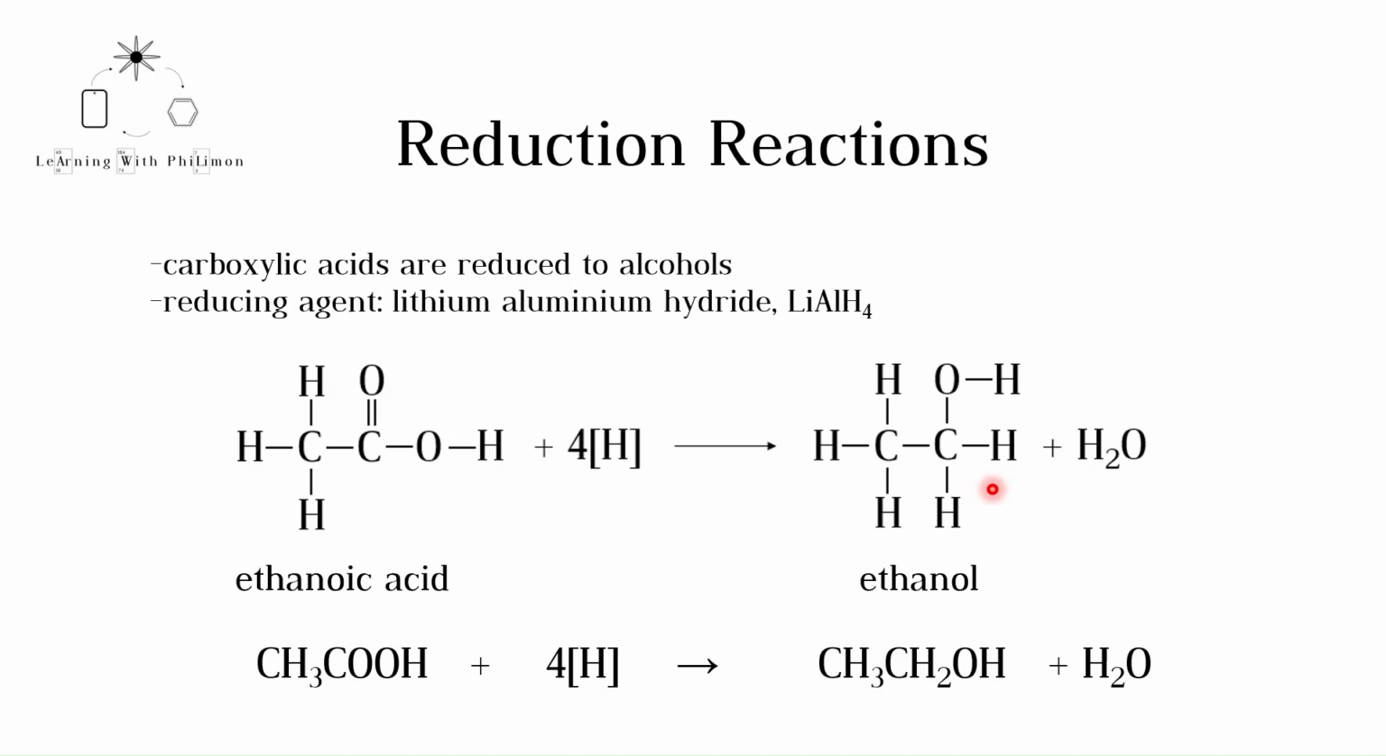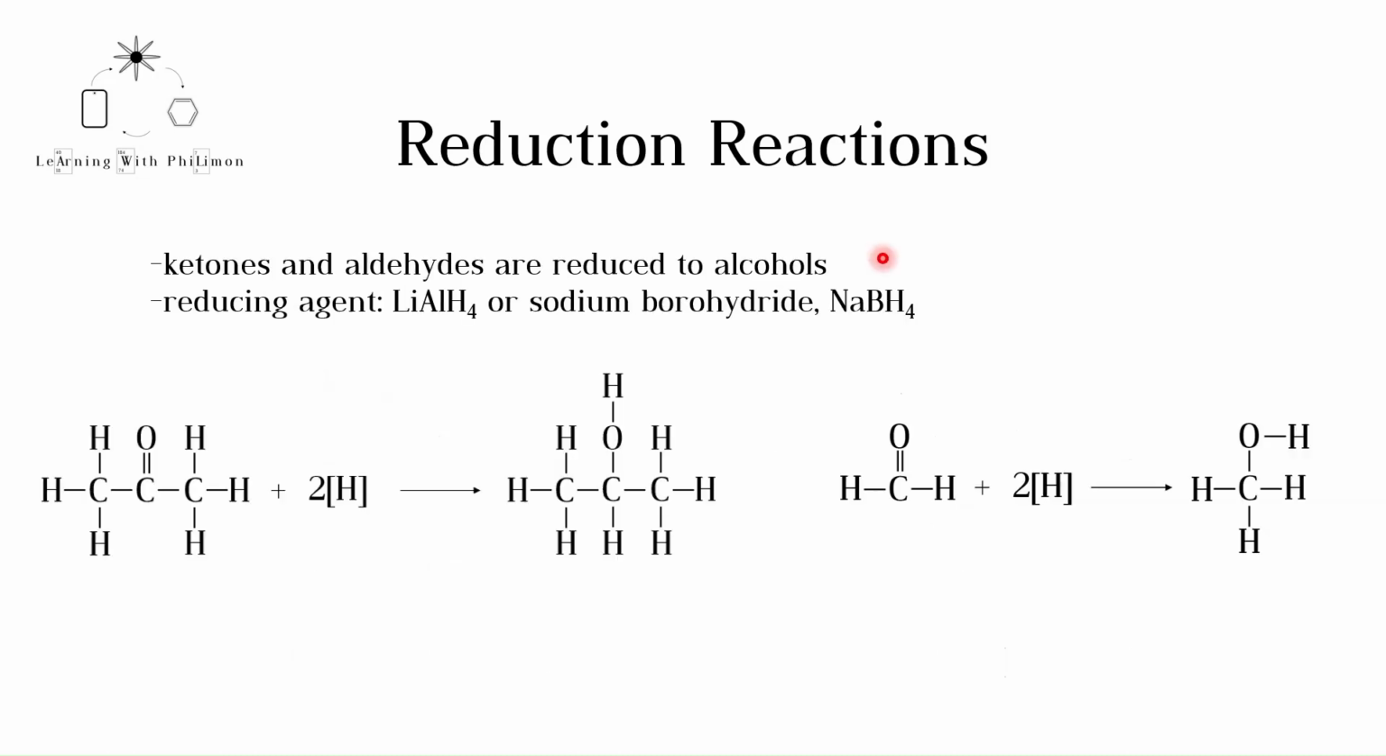Now let's see how ketones and aldehydes are reduced. Ketones and aldehydes can be reduced using either lithium aluminium hydride or sodium borohydride, NaBH4. In the following examples, we see propanone being reduced to propan-2-ol and methanal being reduced to methanol. Note that in this case, only 2 hydrogen atoms are added to the compounds and there is no water formed